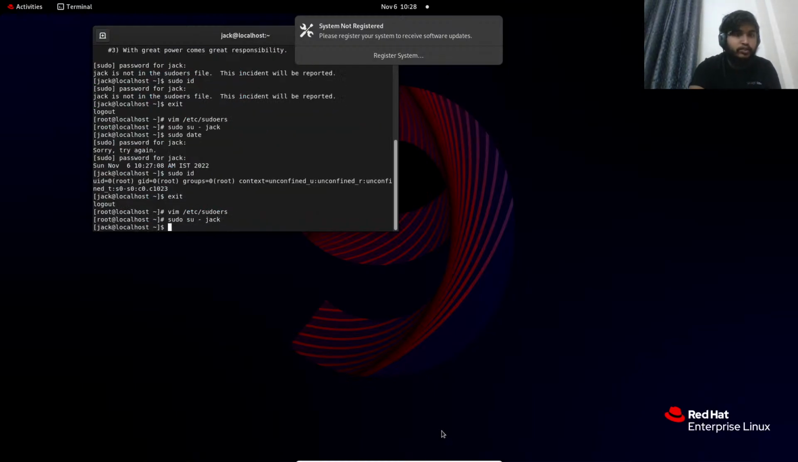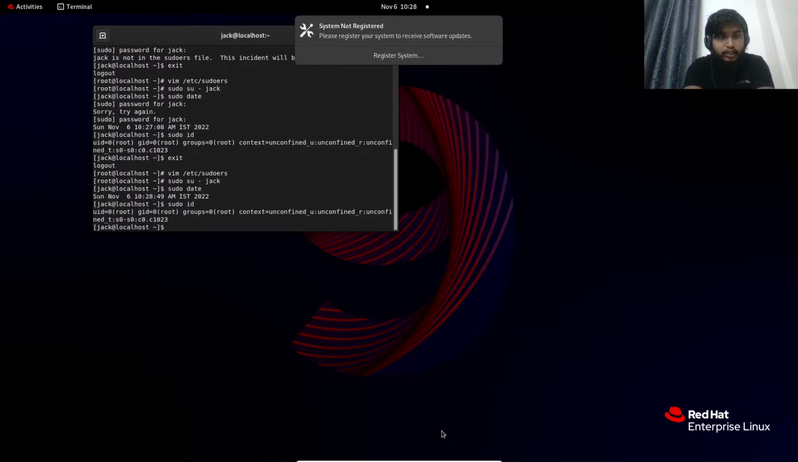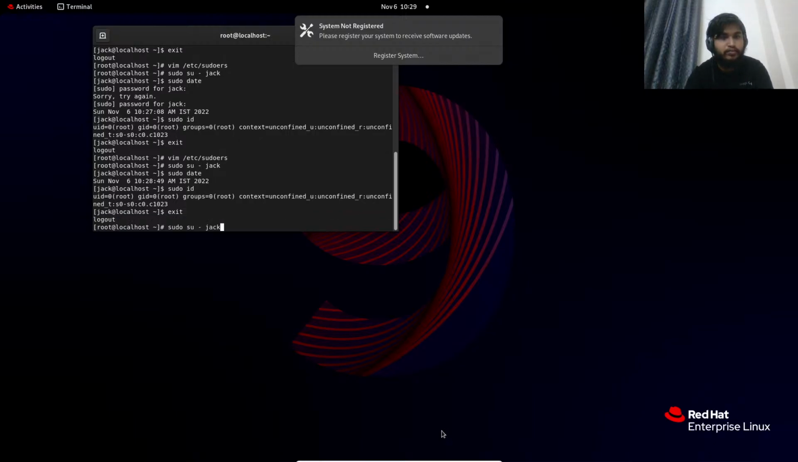So if I am doing sudo date, see, it's running date. Then sudo id. I'm just using two commands to show you. You can use another. So you see we are not giving the password now, you can just use